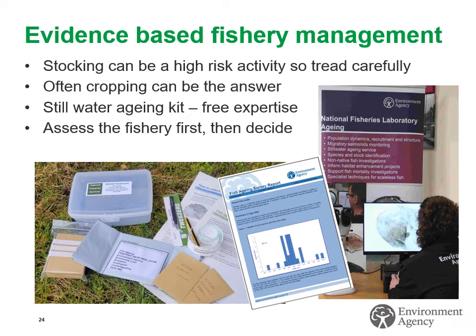This is far less risky, far less expensive, and can make the performance of a fishery soar, as fish have more room, access to more food, better environmental conditions, less stress, and therefore they feed more vigorously. The key to knowing whether to stock or not is to obtain the evidence first, so your decisions are based